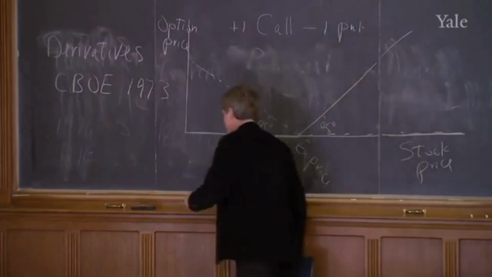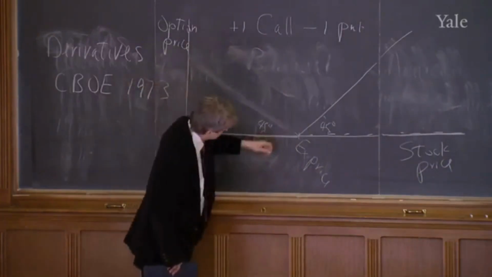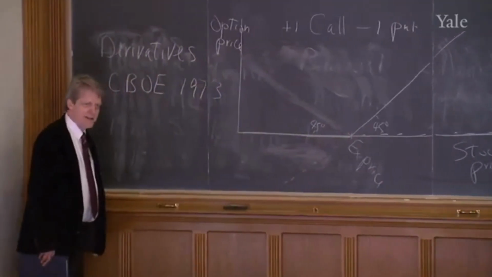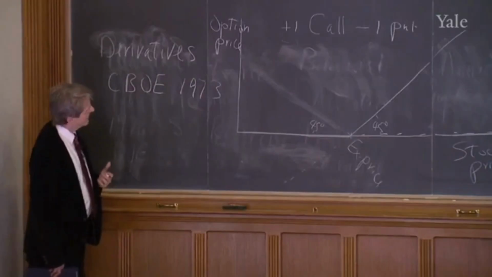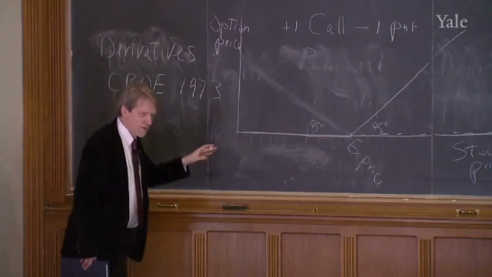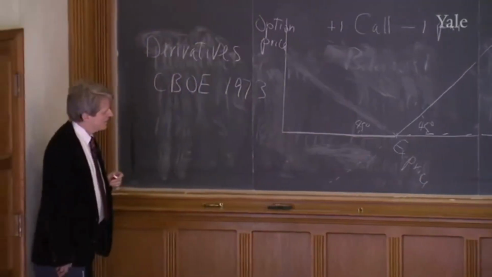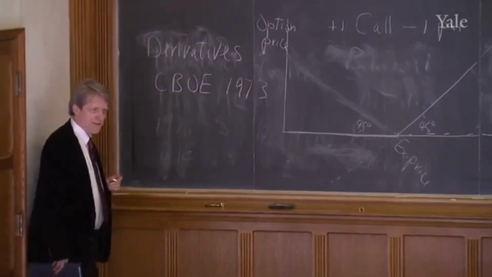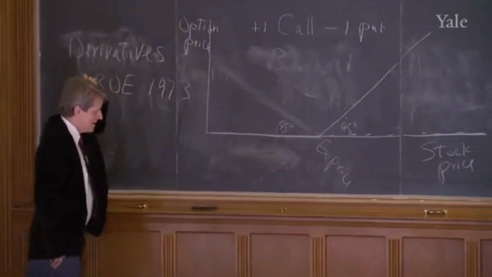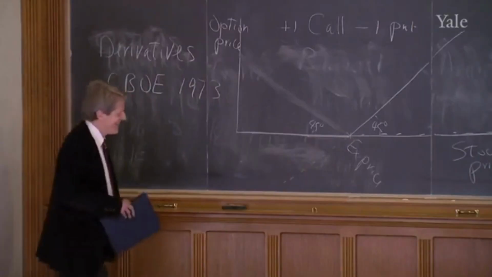All right? Well, my portfolio's relation to the stock price is going to look like that, right? It's just going to be a straight line. So the value of my portfolio is equal to the stock price minus the exercise price. Simple as that. And my portfolio can be negative now because I've shorted something. I can have a negative portfolio value. That's very simple. You can see that.